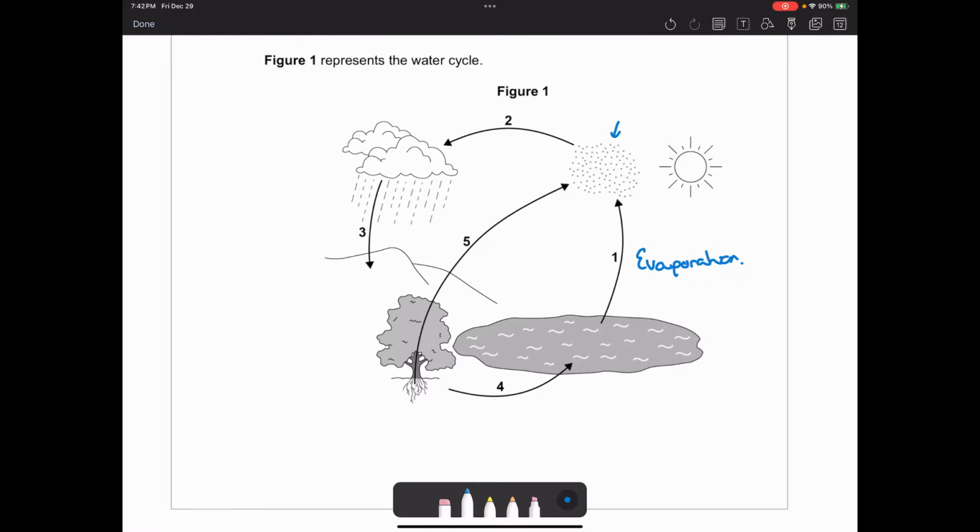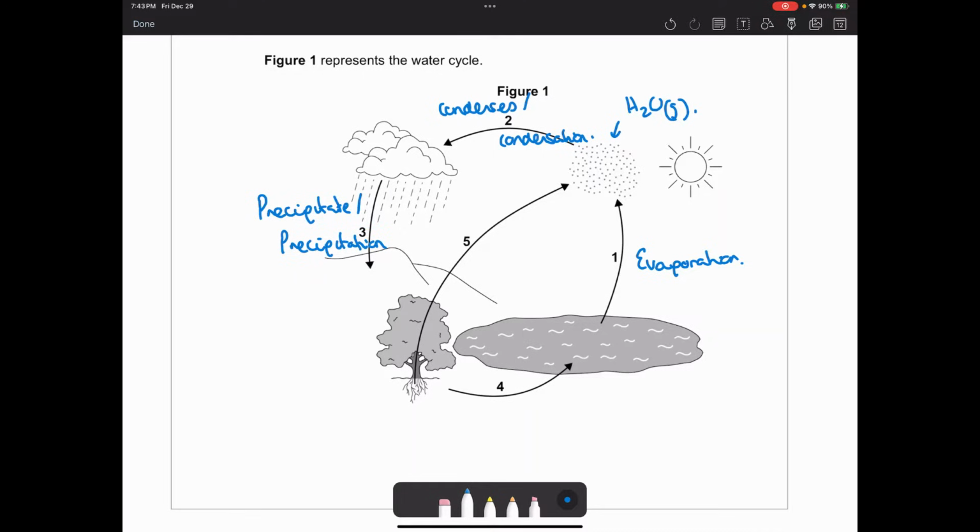This would then be water vapour, or water as a gas, and then it condenses and forms clouds. So condensation or condenses would be process number 2. Okay, then what happens to the water? Well, it's going to fall down, the clouds precipitate, or precipitation,